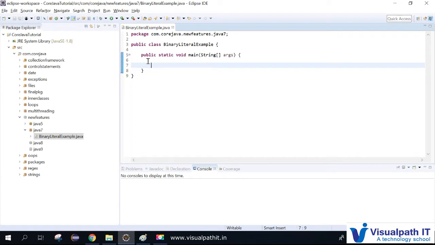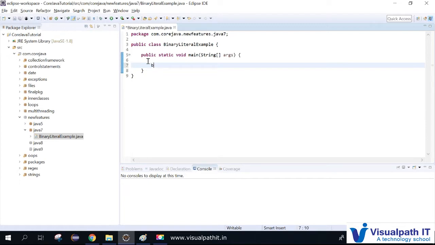A binary literal actually requires only 1 byte of memory. So only 1 byte is more than enough. We don't need to use large data types like integers, float or double. We just need the byte data type, that will be more than enough. So we can directly store the binary value in a byte variable.